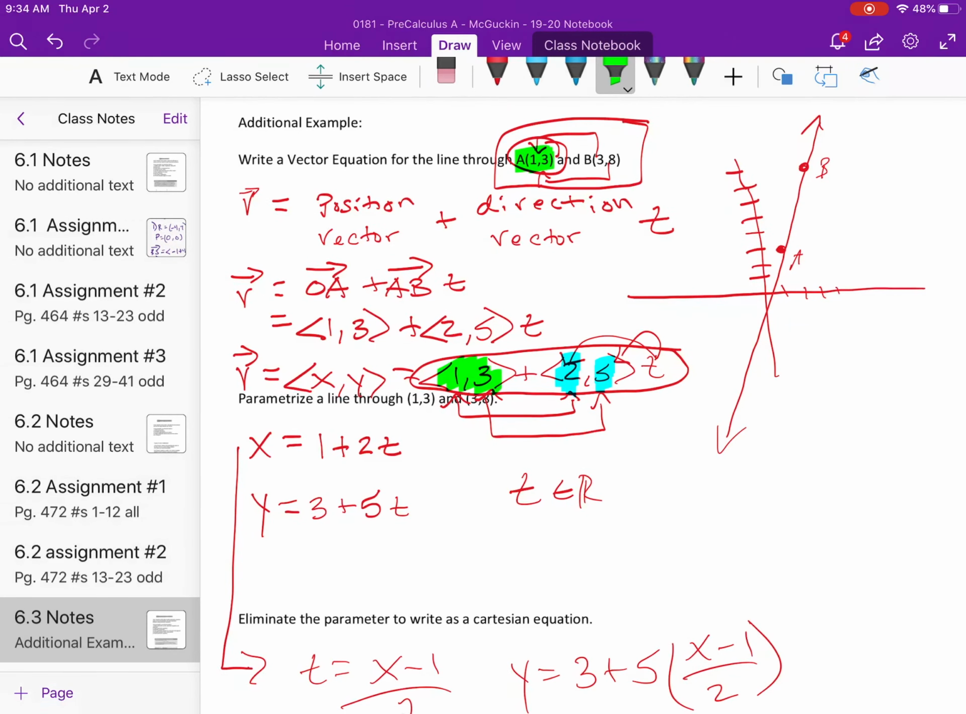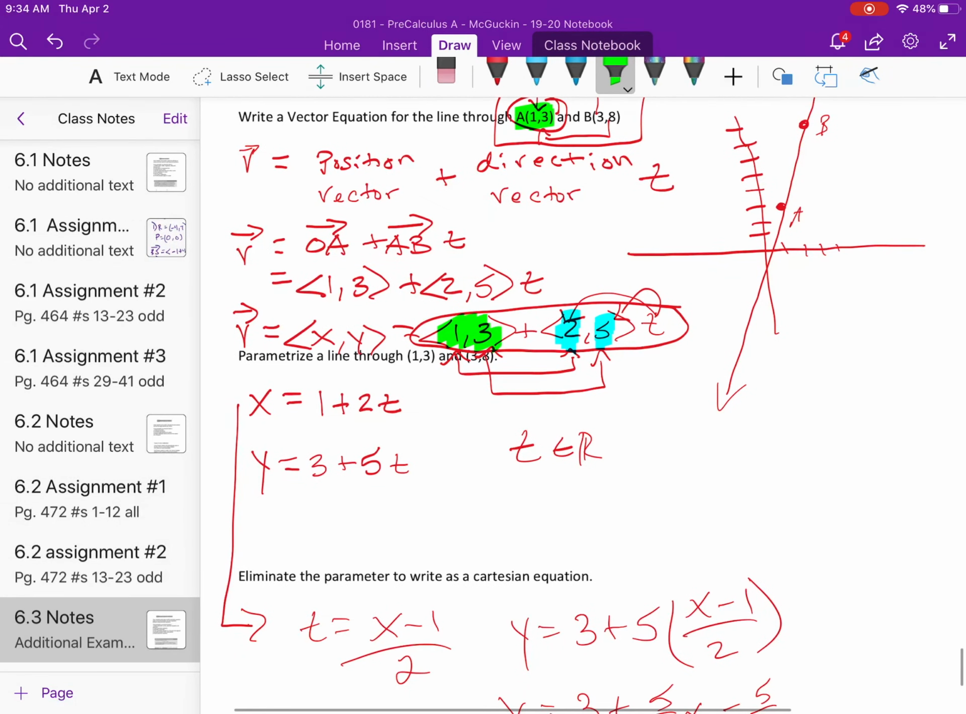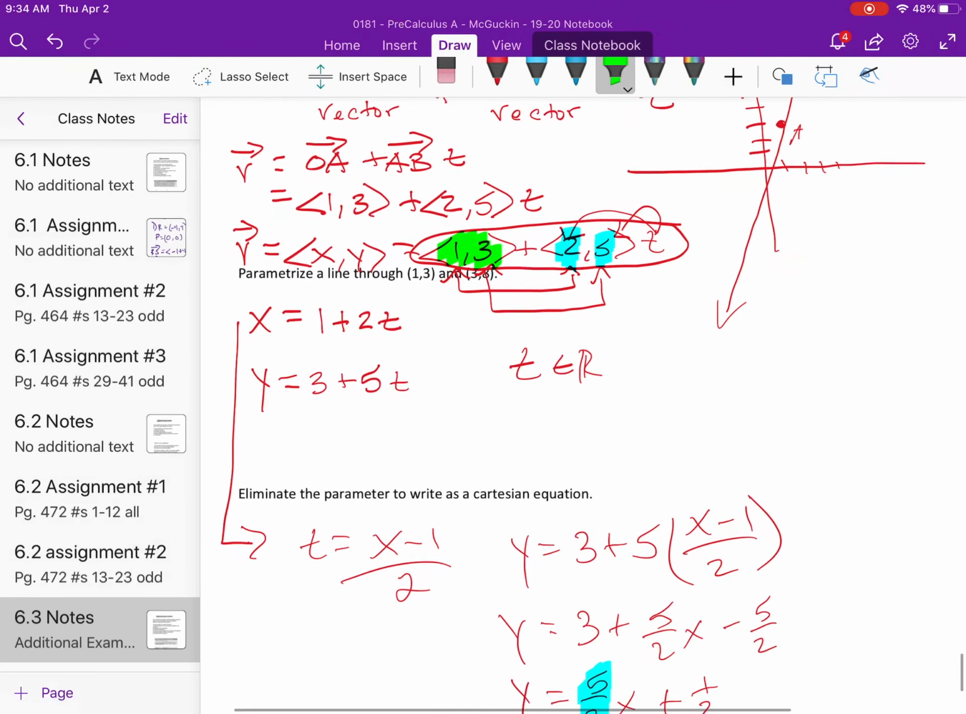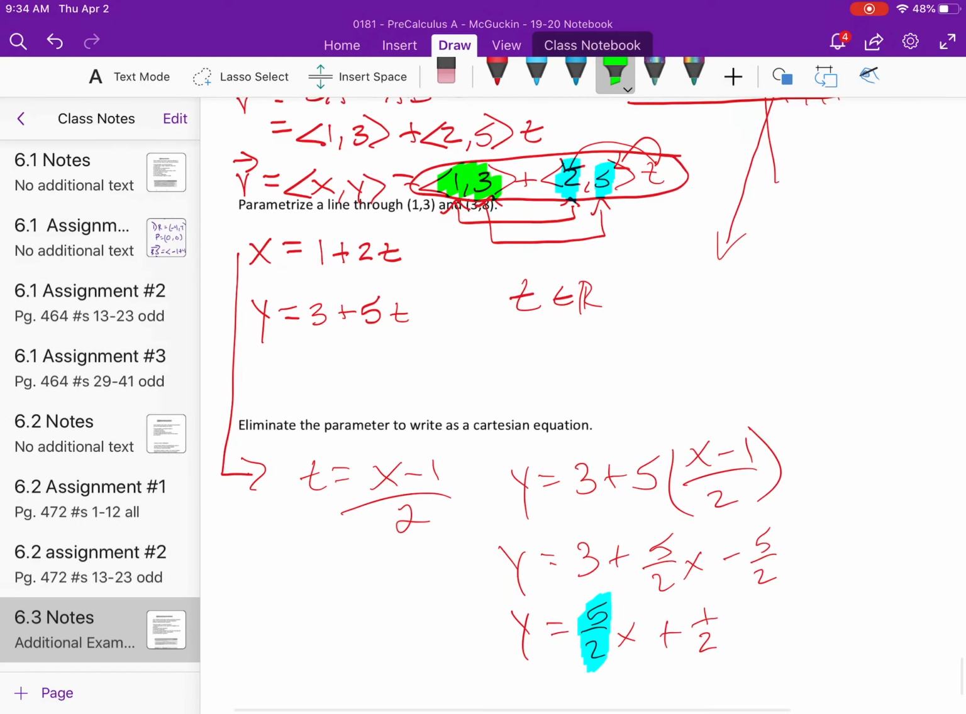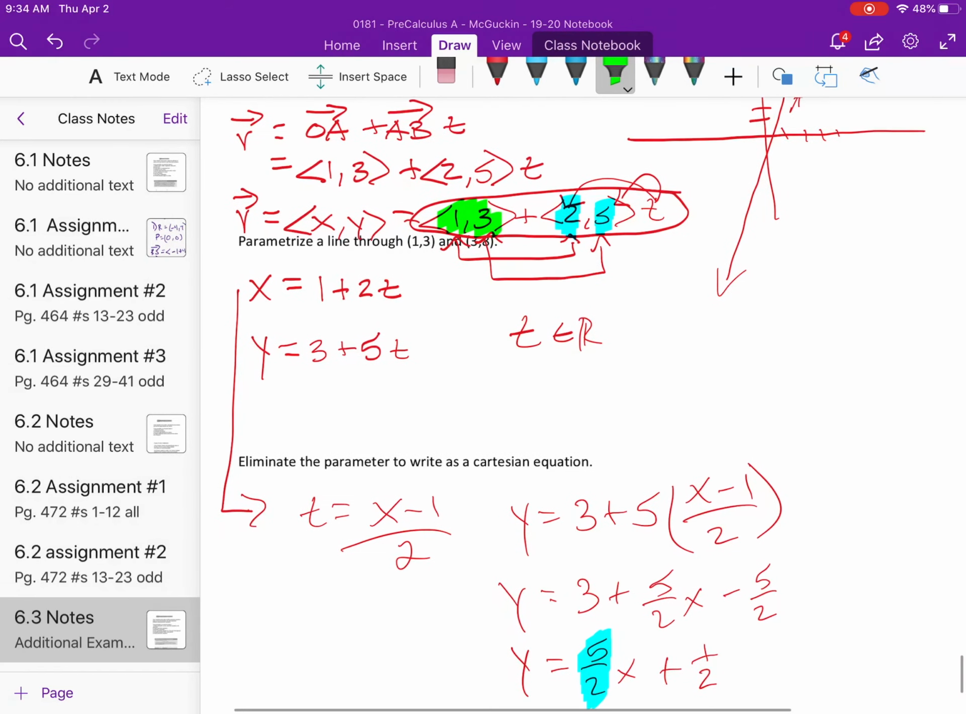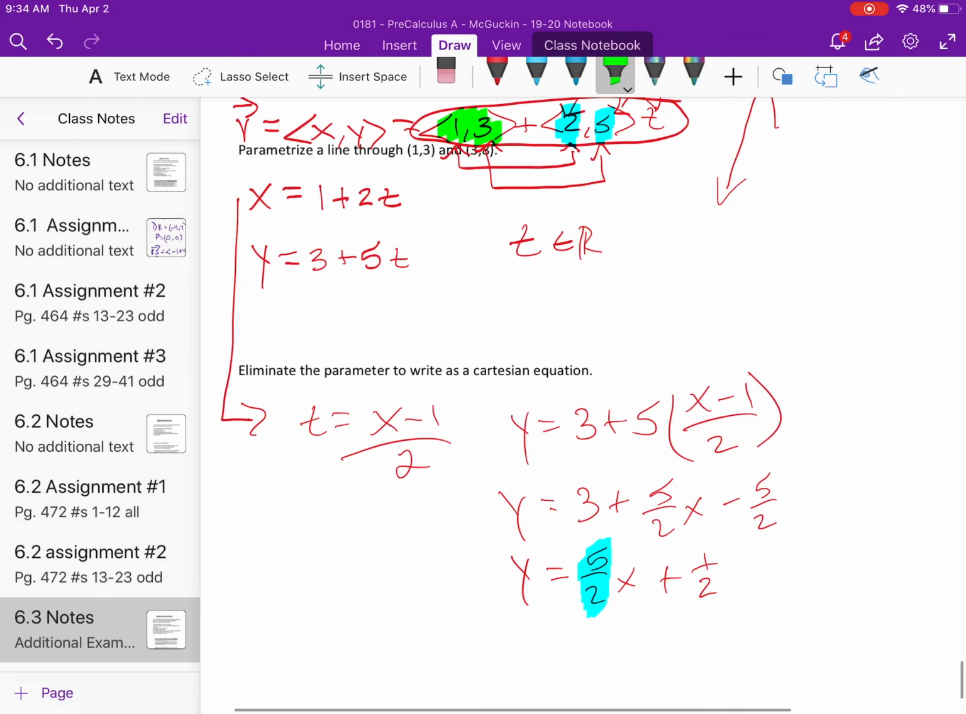So hopefully this was a good opener question. We defined what a vector equation was. We showed what the basic standard form would end up being. And then from there, we parameterized a line using our new vector equation. And then last but not least, we eliminated